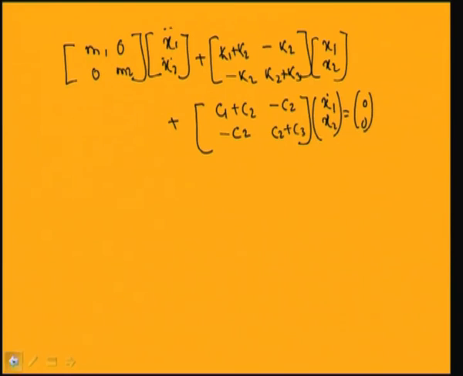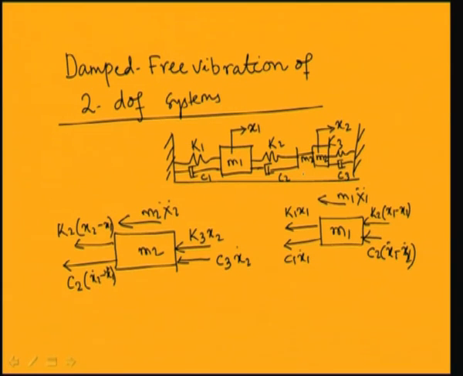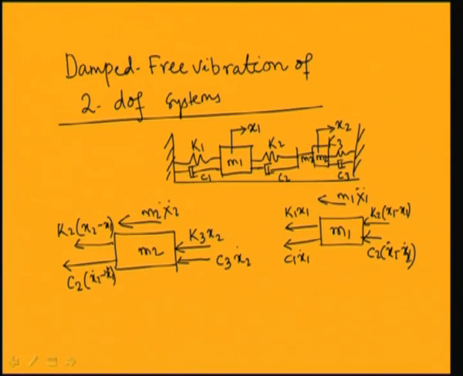So, from this free body diagram of this system you have determined the equation of motion by applying Newton's method. Also you may apply the Lagrange principle to find this equation of motion. In that case you can write the kinetic energy of the system. So, the kinetic energy of the first mass equals half m1 x1 dot square, and the kinetic energy of the second mass equals half m2 x2 dot square. So, the total kinetic energy of the system becomes half m1 x1 dot square plus half m2 x2 dot square, and